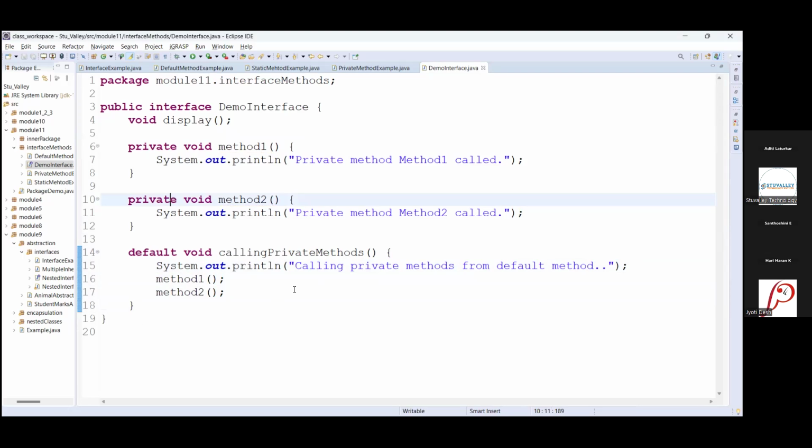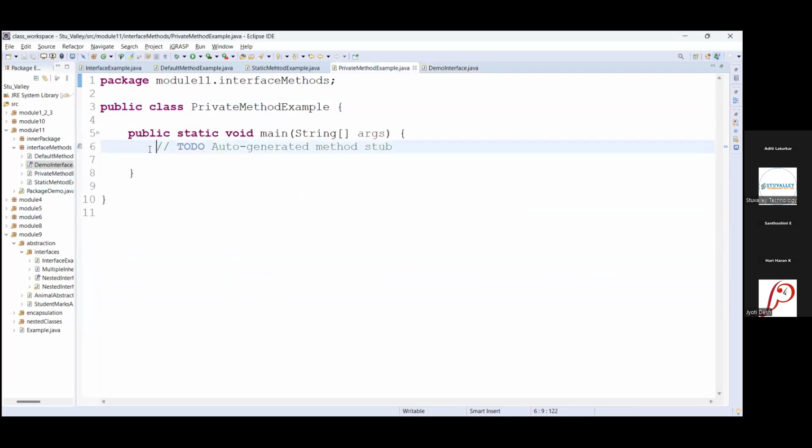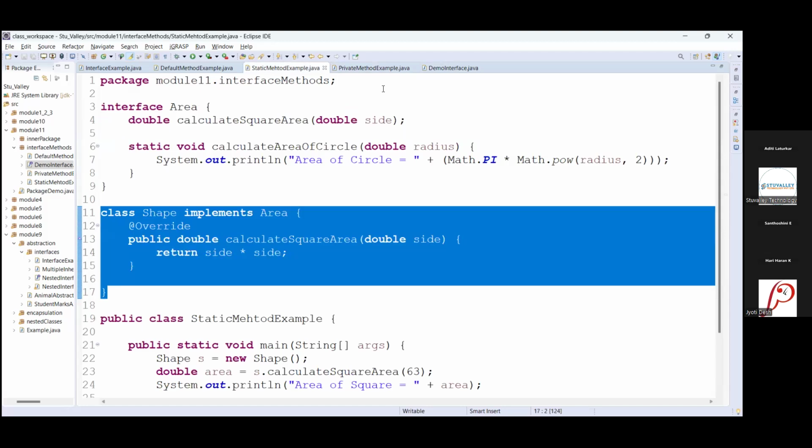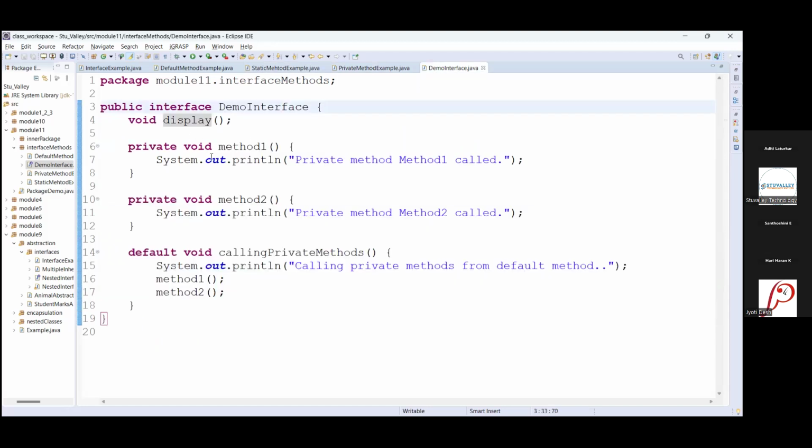You can write static methods also. So combined everything, you can write default methods, static methods, private methods, abstract methods, everything inside one interface. Okay. So here, now I am creating. Up till now, we have used one class for giving the implementation to the interface methods, right?